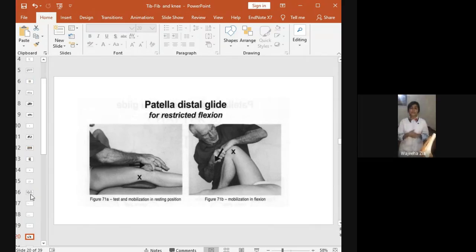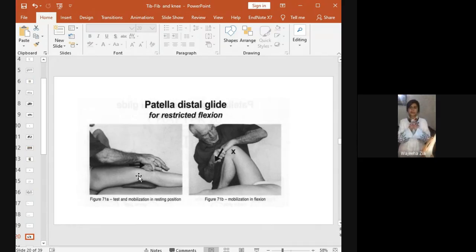The distal glide or the inferior glide is used to improve the knee flexion. If the flexion is limited, apply the inferior glide at the knee joint. You can see the open pack position of the patellofemoral joint is 5-degree knee flexion. For the 5-degree knee flexion, place a rolled towel, just a small towel. It will add 5-degree flexion and also fixate the femur.